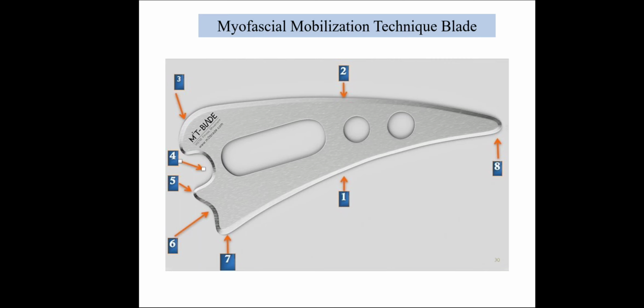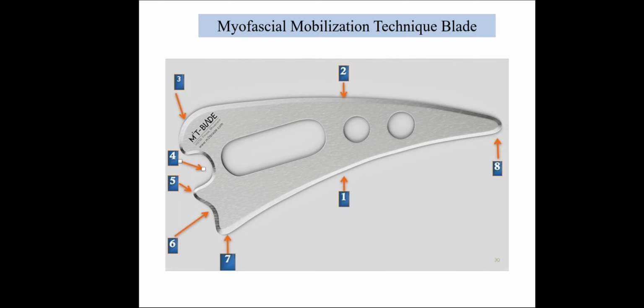The edge 4 and the edge 6 are used to release the tendons. Edge 4 is used to release the deep tendon and edge 6 is used to release the superficial tendon. Now edge 5 and edge 7 are used to release the borders of the tendon. Coming to the last edge, that is your 8th edge, is used to release your interosseous spaces in order to move or drain the edema. So now once you have understood the 8 edges, let's look into the edge 2 and edge 1.